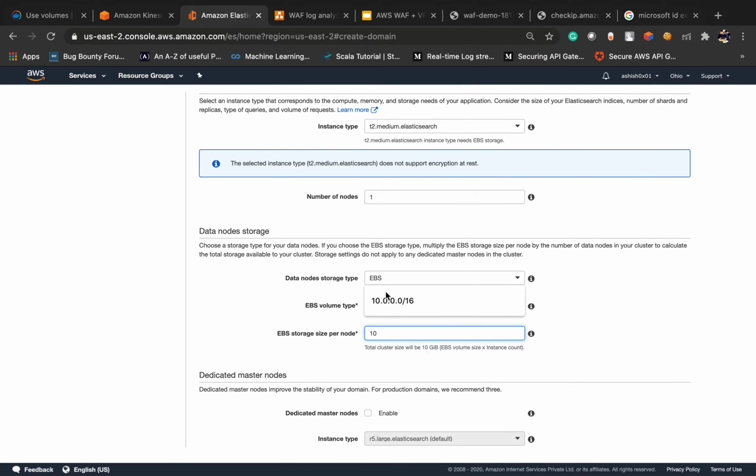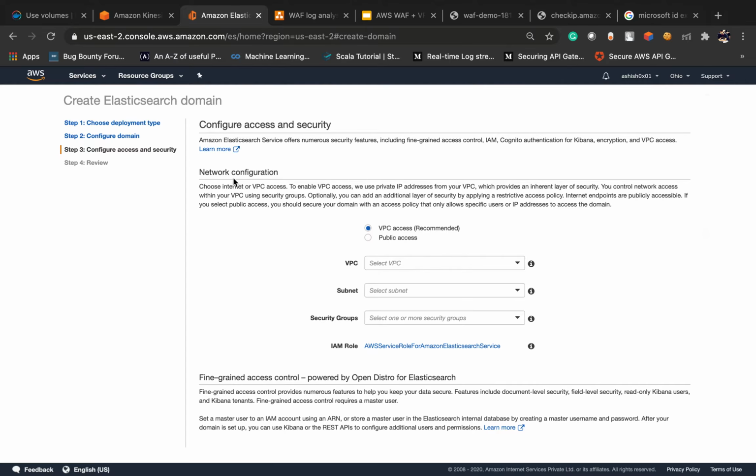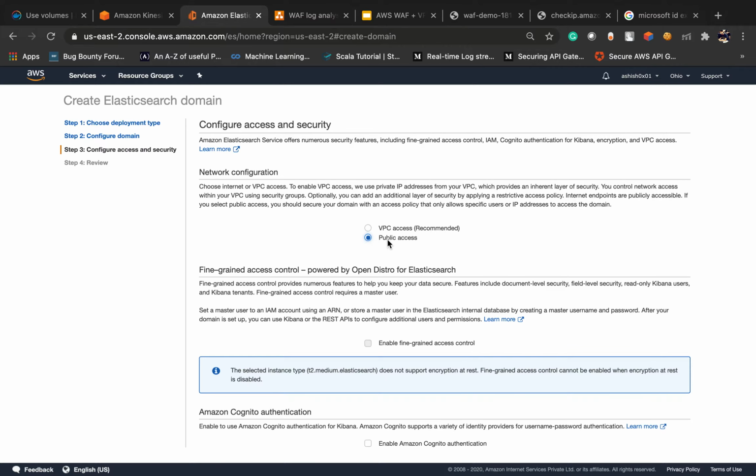So I have only one node with 10 GB of EBS volume size. I don't want any dedicated master nodes, that's why I didn't enable this one. Next. If you want to use it under your VPC, then you have to click on this one, otherwise you need to use public.